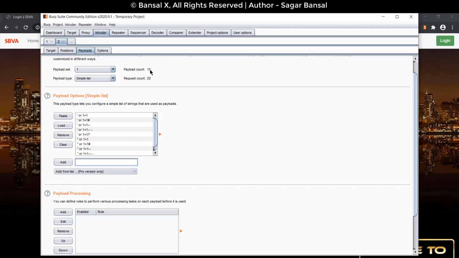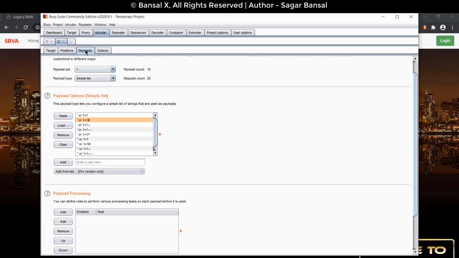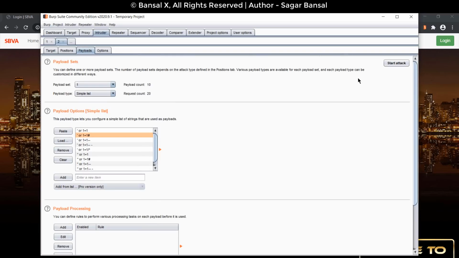Now there are 10 payloads in my list, and since Sniper uses one payload at a time for both of the positions, there will be 20 requests, and 21 to be precise, because it will even generate a baseline request which will be using both of the parameters that we provided. So it will just go ahead and send this request as it is. That will be the baseline request. You can go ahead and click on start attack,